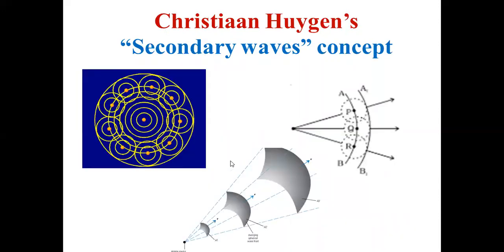And according to him, a point source of light emits its own secondary waves, and they will be in the form of a sphere, and every point on the surface of the sphere will act like a secondary source, and that emits its own waves further. We get concentric spheres like this. So this is how a part of the sphere is shown here. So secondary waves are traveling, are producing their own waves and moving forward.